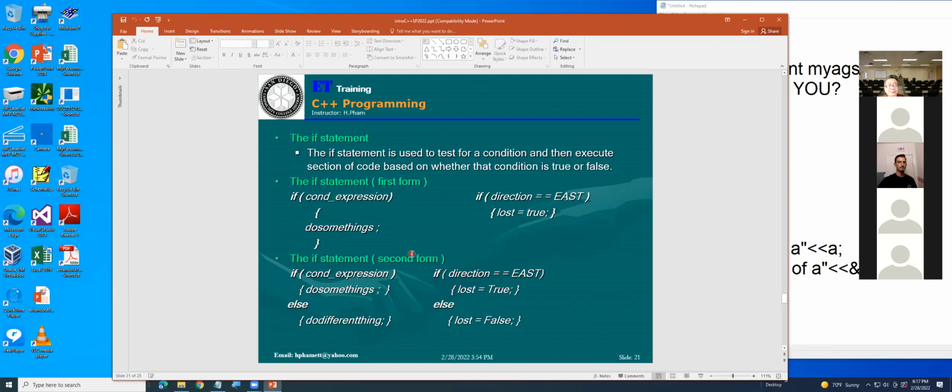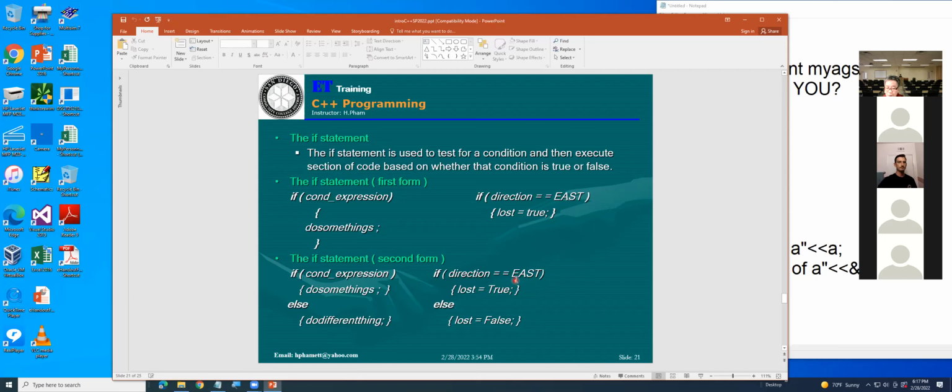Second statement: if condition is present, doing something, then you say else, doing something else. Okay, now you see the example. If the direction is equal to east, okay, if you go to the east, then the result will be 4.